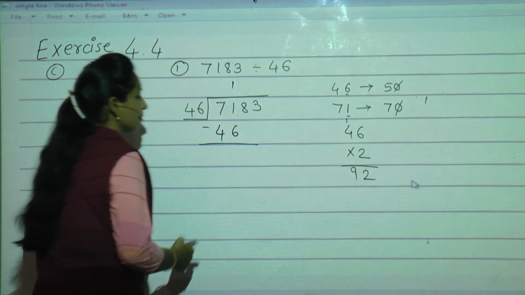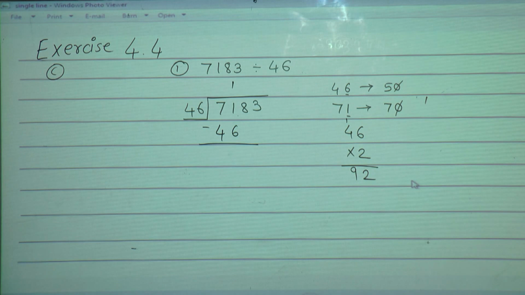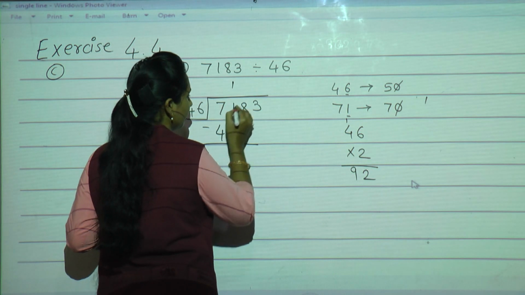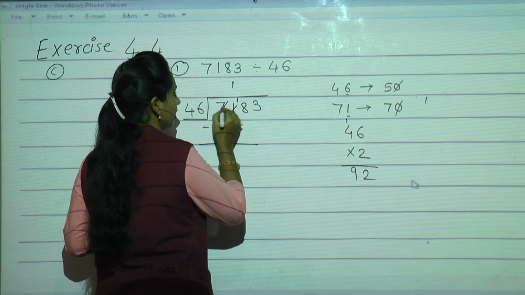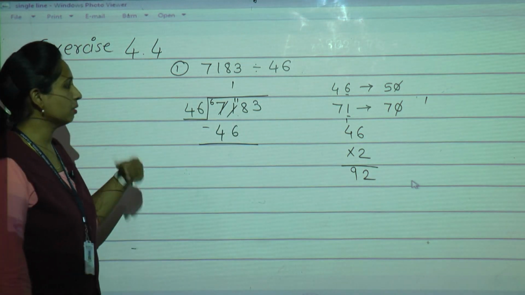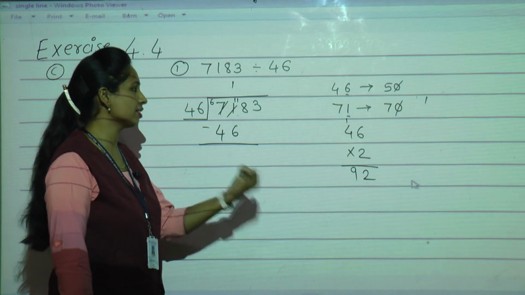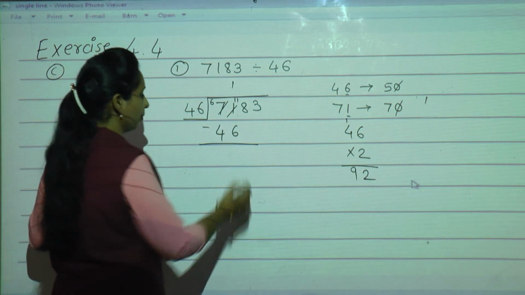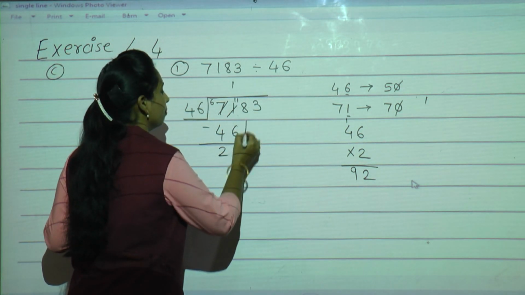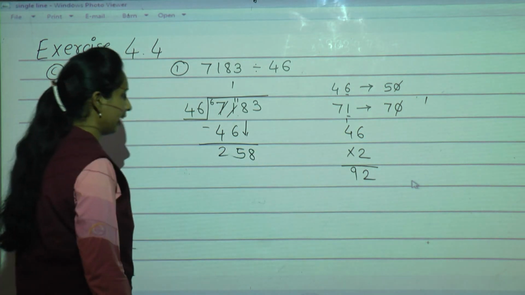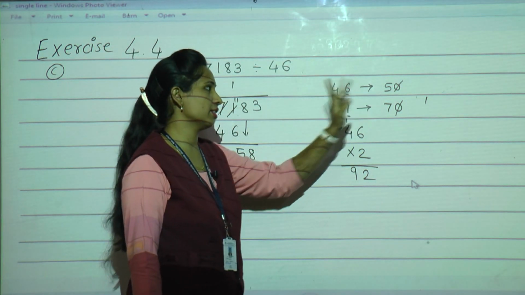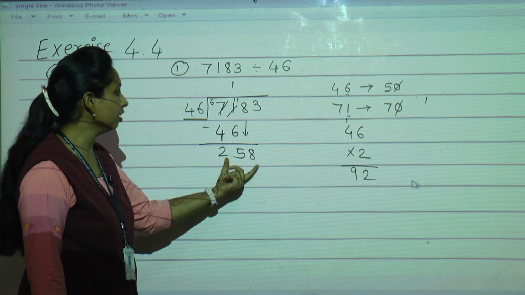Now do the subtraction, students. 71 minus 46. Now 1 minus 6 we can't do, cut the 1 right as it is, take borrow from neighbor, neighbor is having 7, he will give 1, 6 will remain. Now 11 minus 6 means count after 6 till 11 comes, 6 after 7, 8, 9, 10, 11. How many? 5. Now 6 minus 4 is 2. Now bring down the next number, that is 8. Okay. Already we have done the rounding of divisor 46. Okay. Now we will see this number